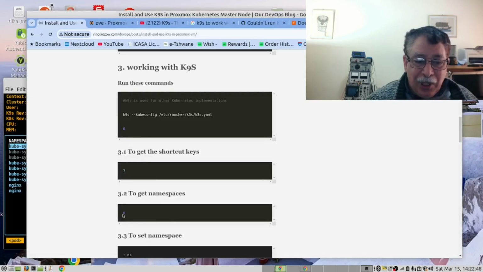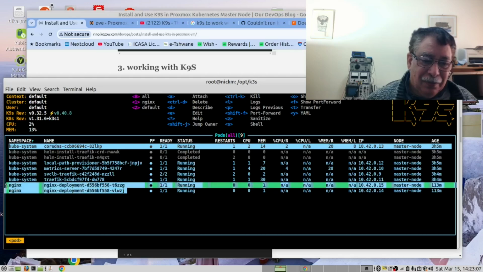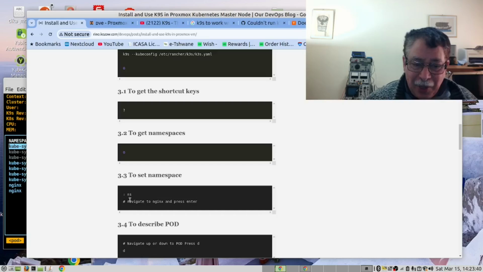And we can also list all the namespaces. This is what you are seeing here. And we have 2 pods in this namespace. To set the namespace, and you'll see some of these commands, we start with a colon and then we type the command.